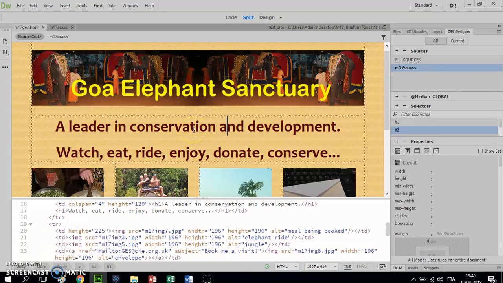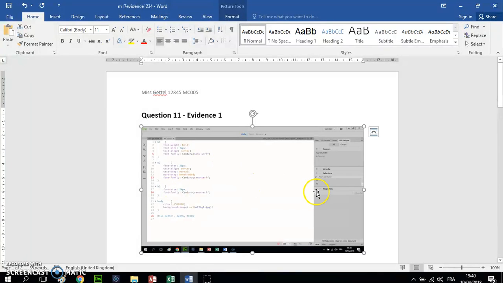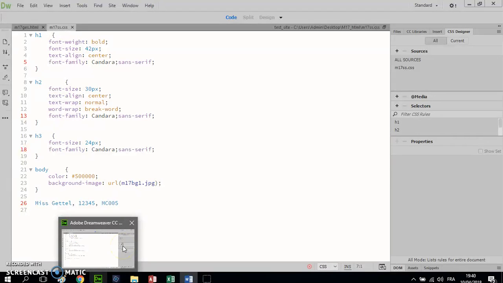Okay, so having just completed step 11, I've taken a screenshot of my CSS file, and that is now in my evidence document just here. So I can now move on, and step 12 is where I've been asked to think about my theory knowledge